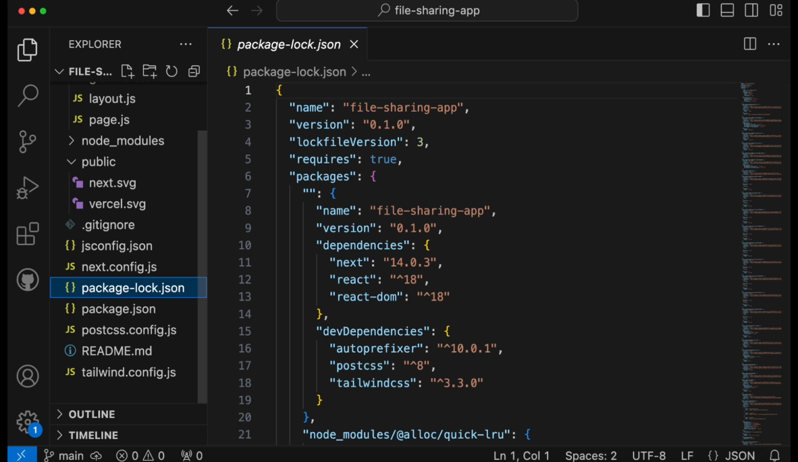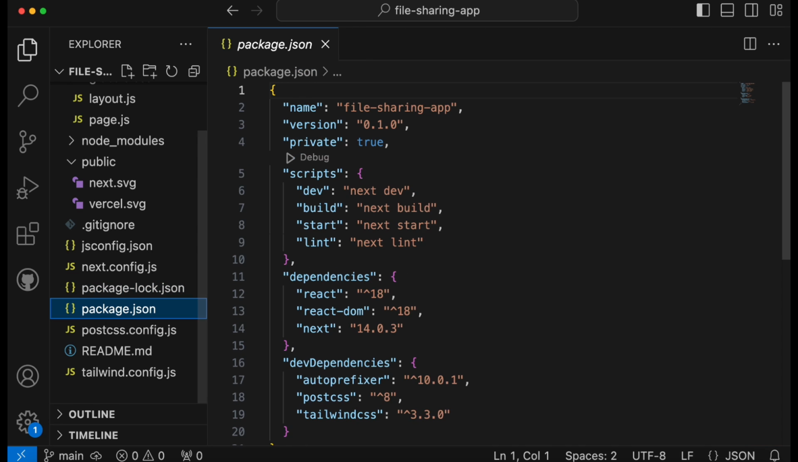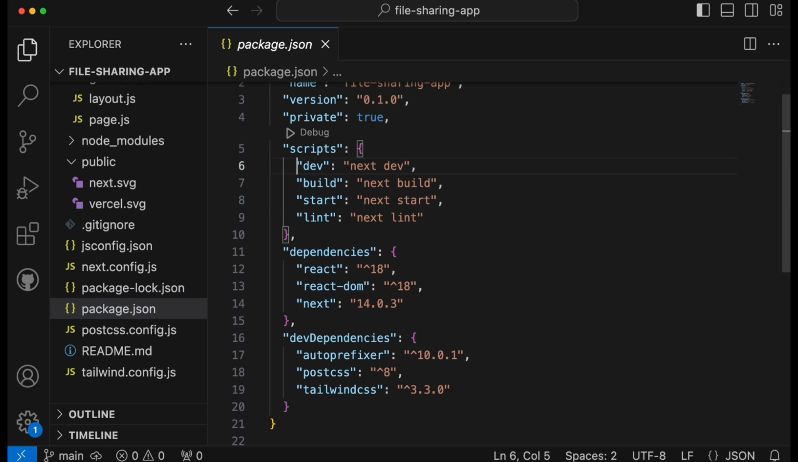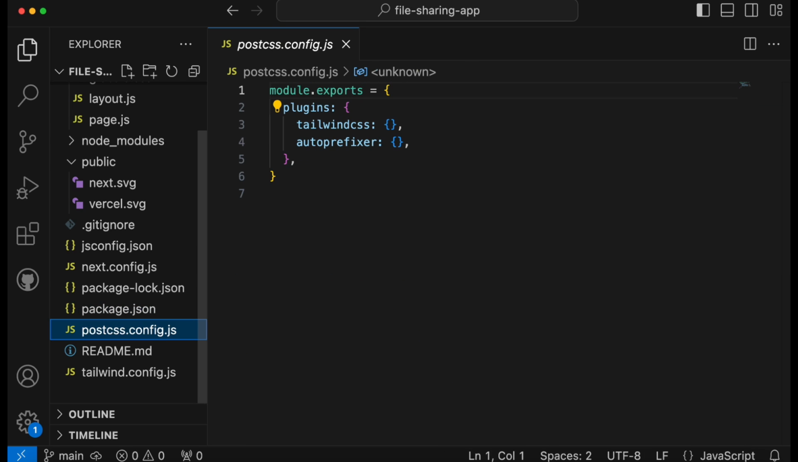Then we have package-lock.json, which we will never touch. Then we have package.json, which contains the scripts to run the application and to build the application. Then we have some dependencies, and then some dev dependencies. Then we have postcss and